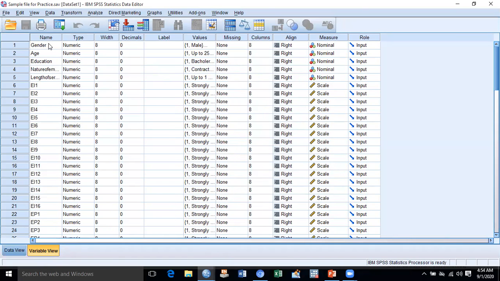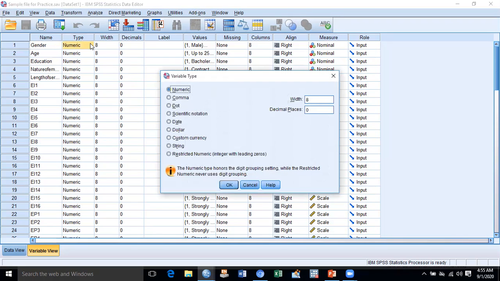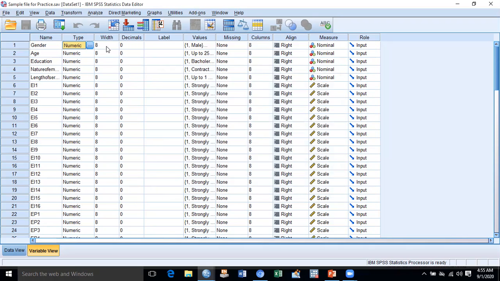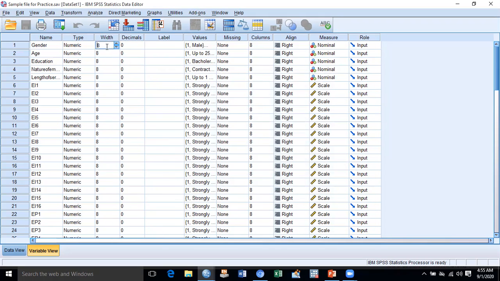Here in variable view you can see gender, age, education, and nature of employment. Here you can see their type, either it is numeric or alphanumeric or whatever. In currency type you can select their type. You can select their width, how much it could be in number, like say in decimal numbers.